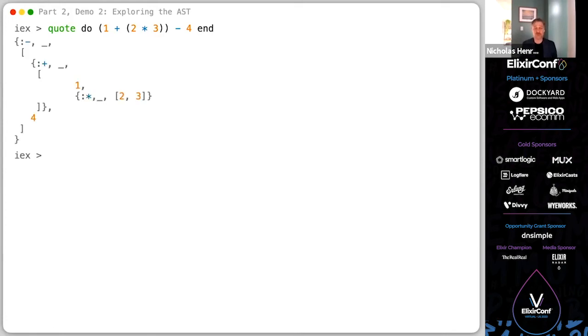And when we execute that, we get a more complicated data structure. I've removed the metadata here just to simplify that so you can match up the color coding a little easier. Now, let's step through this. So this is a tree structure, and we're executing the leaf node first. So here we're multiplying 2 times 3 equals 6. In the parent node, we are doing our second step of 1 plus 6 equals 7. And then finally, our third step, we take 7 minus 4 and we get 3.